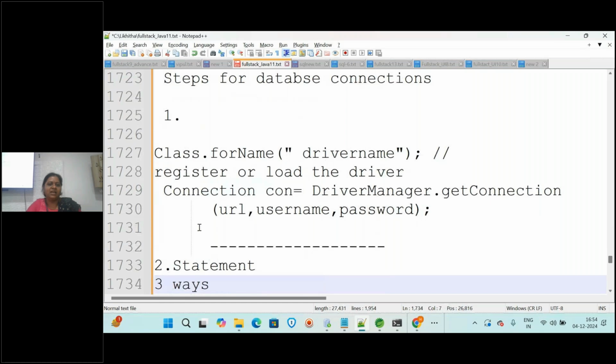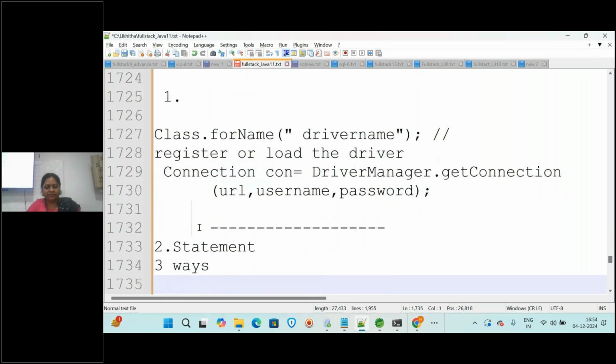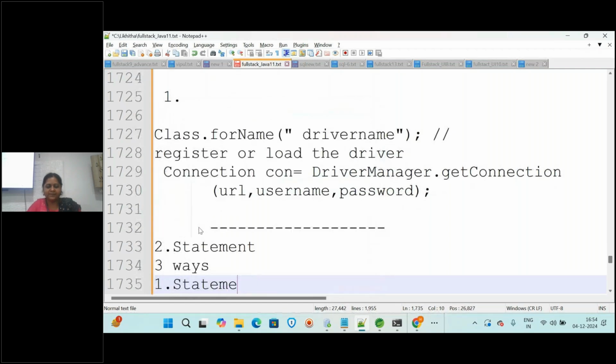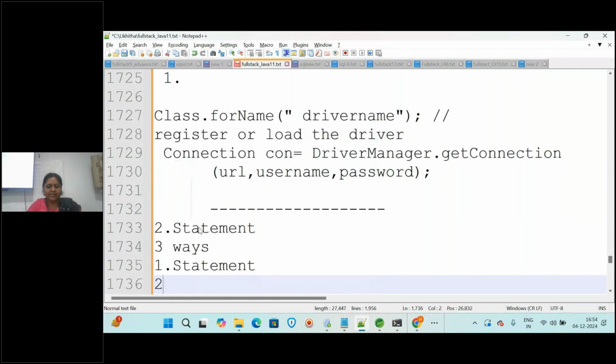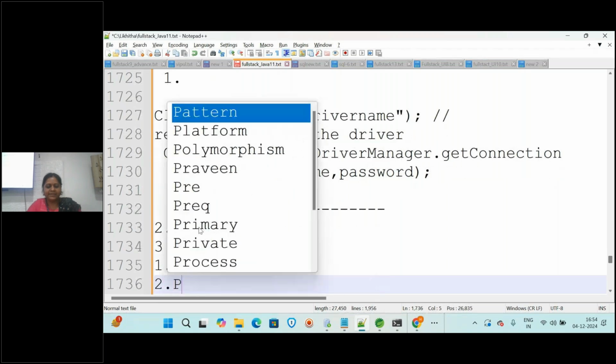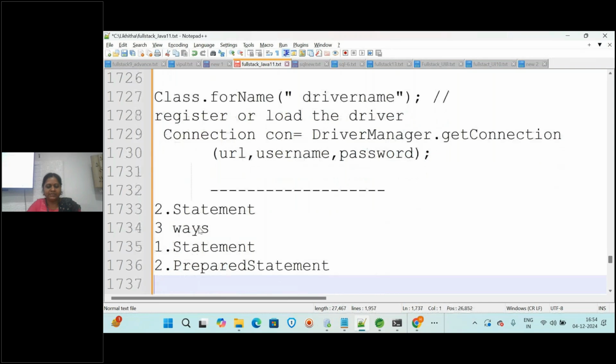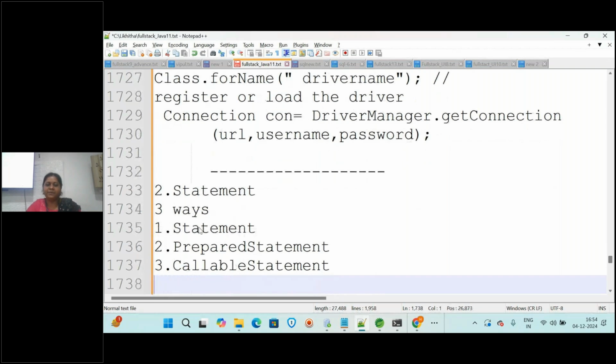Three ways of creating. One is the simple statement, the first one, where you create a statement through the Statement interface. The second one is the prepared statement. And the third one is the callable statement. Okay, statement, prepared statement, and then callable statement. So Statement is generally used for any query like creating and all these things, but prepared statement